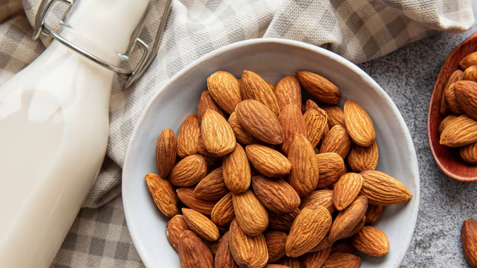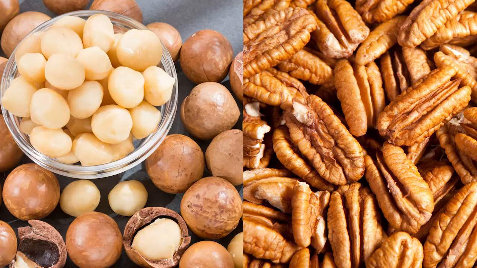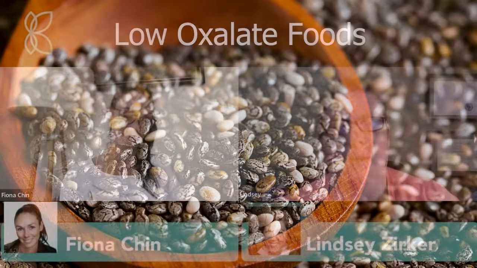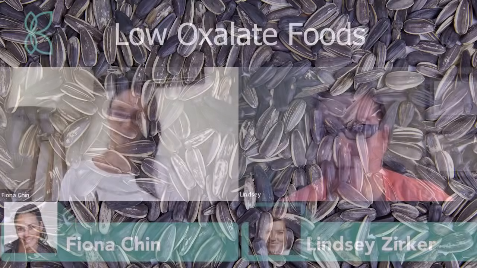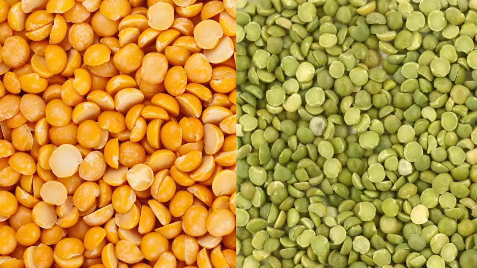Right. And are there foods where people listening are thinking, oh my goodness, what can I eat? Is there something you can say, you don't have to worry about this part? Yes, absolutely. If I have clients who say, oh my gosh, almonds are my go-to snack, what do I do now? Macadamia nuts and pecans are a really good substitute for that. For sesame seeds or chia seeds, a smaller portion size, or flax or sunflower seeds, are really good options. In place of some of your favorite beans, you can use kidney beans or lentils or split peas,